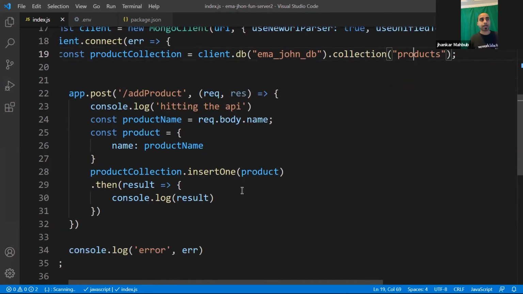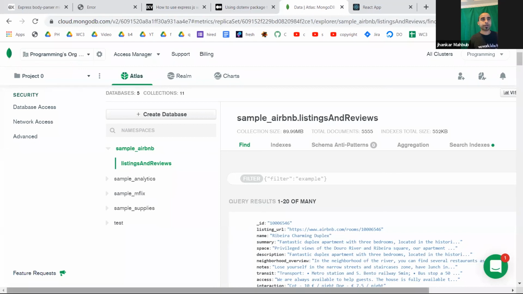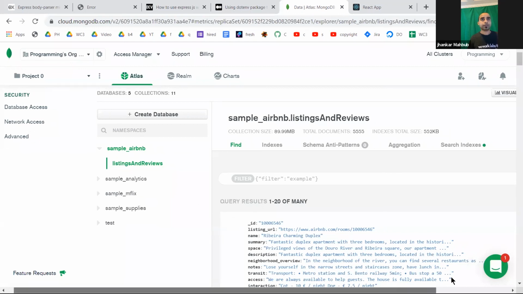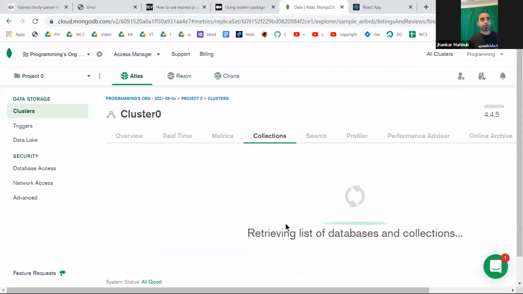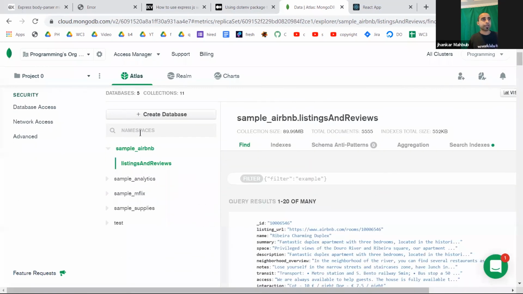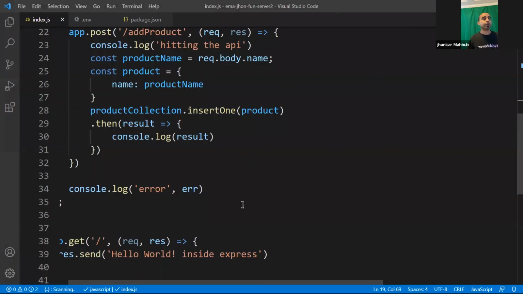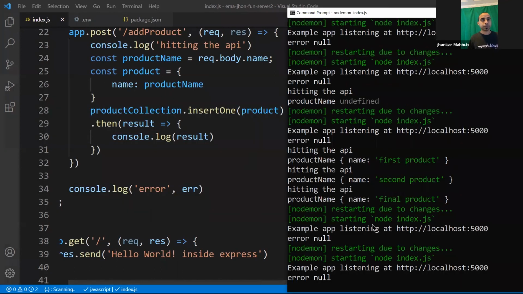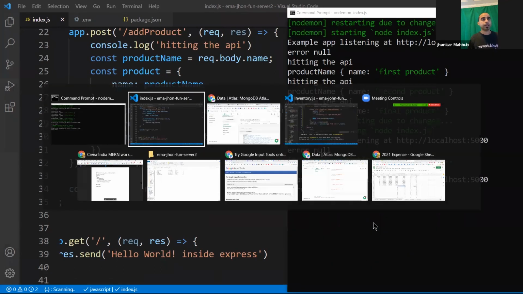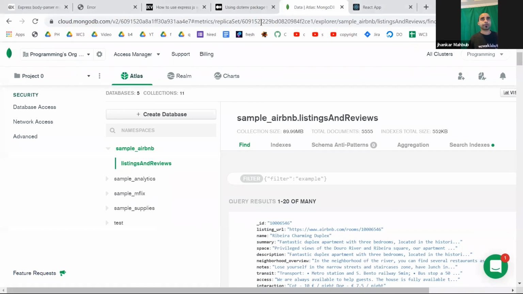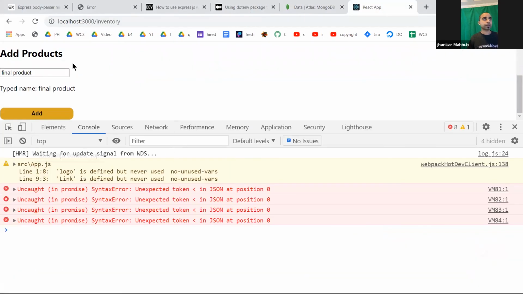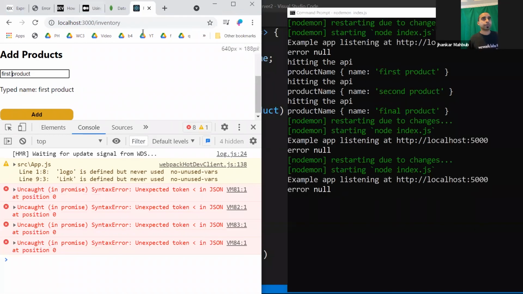Once you insert that, all you need to do is refresh it. Right now it has nothing, and even if you refresh on the right side, there is nothing like an Amazon DB, but it is going to be created. So let's do this and see what happens when inserting. And here we have this guy. We go here and reload it, and we have some issues that we will solve once we send some response. But anyway, this is our first product, right? So we do the first product from this client side.